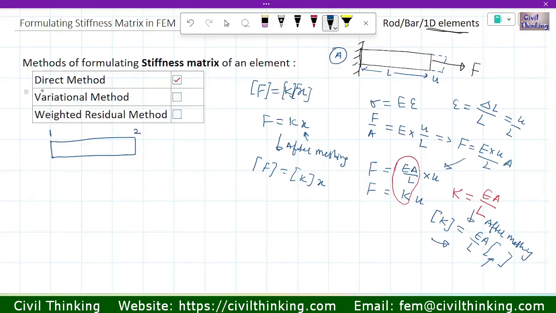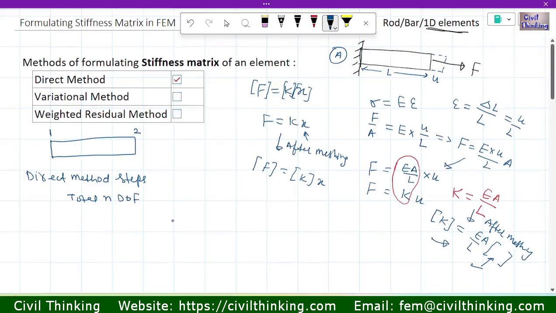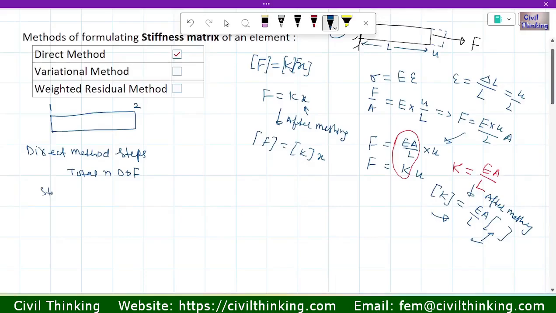Now when we talk about the direct method, there are some steps. With the help of those steps we can formulate the stiffness matrix. So what are the steps? Let us say we have a total of n degrees of freedom. Then there will be steps. Step 1 is what,